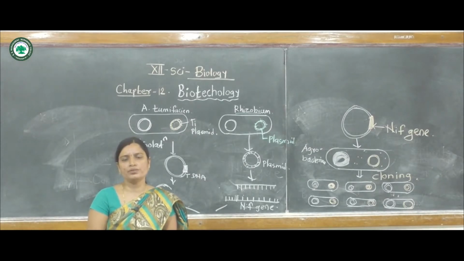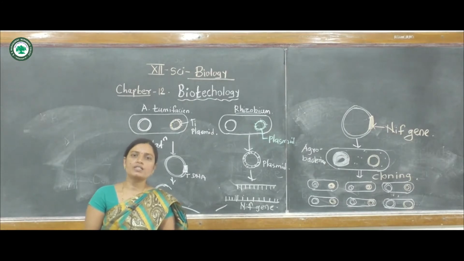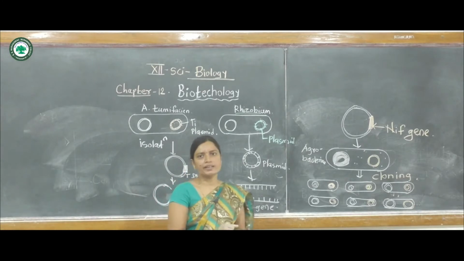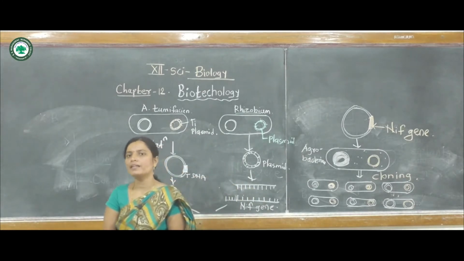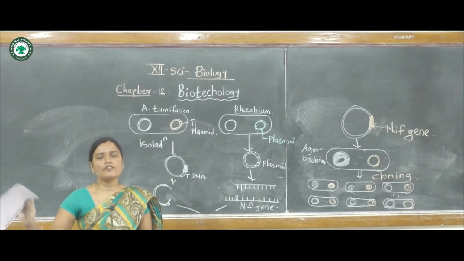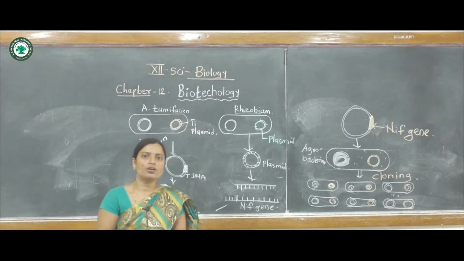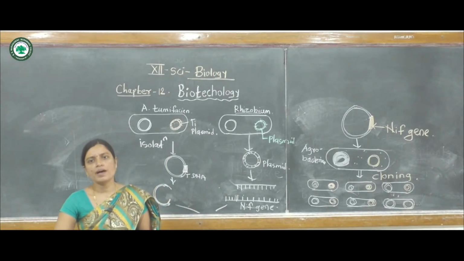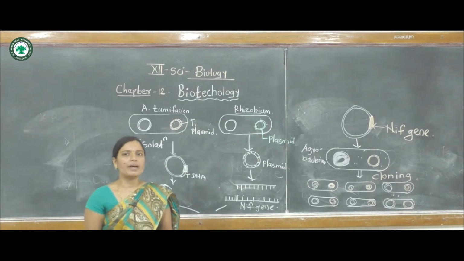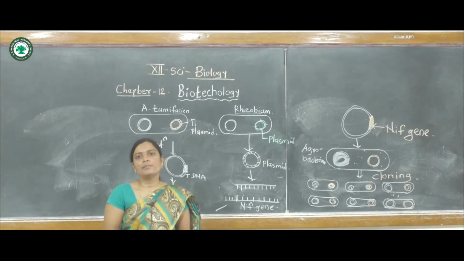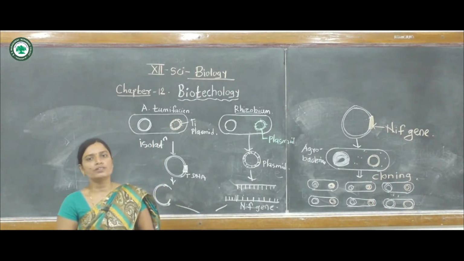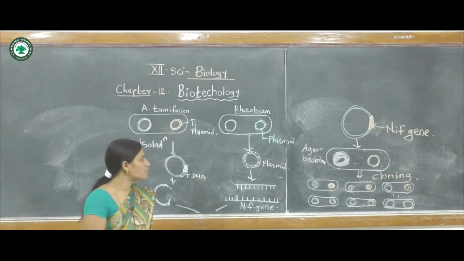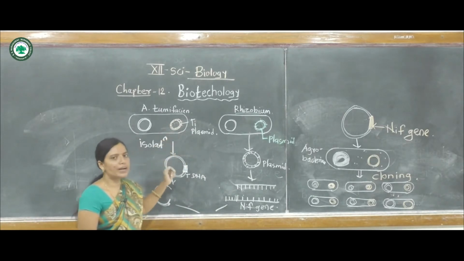Generally the plasmid is used, but some plasmids are also utilized in plants, and in plant cells like Agrobacterium tumefaciens, which is one of the bacteria. It carries a type of plasmid gene, also called the tumor or gall producing genes, found in this bacterium. Another bacterium is Rhizobium, and it carries the nif gene. Now, with the help of these two bacterial cells, the nif gene is introduced into the Agrobacterium cells.